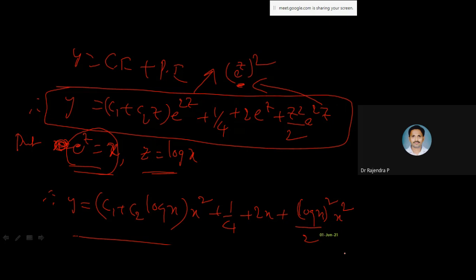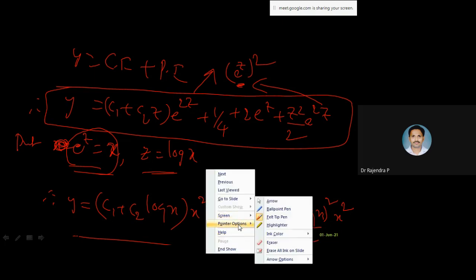Suppose you have question numbers A and B in your end examination, and suppose this is from module 2. From module 2 you may get either the 3rd question or the 4th question, so we have to attempt either the 3rd or the 4th question. In the 3rd question again sub-questions will be there, maybe 3 sub-questions. The 4th also may have 3 sub-questions.